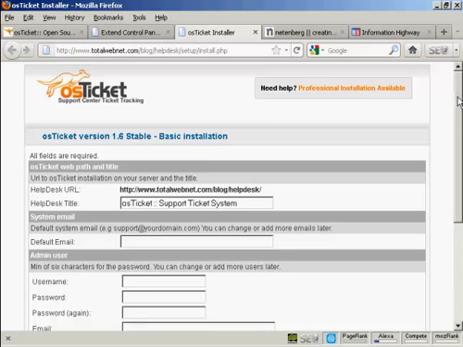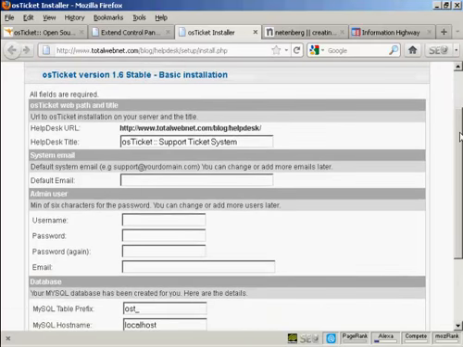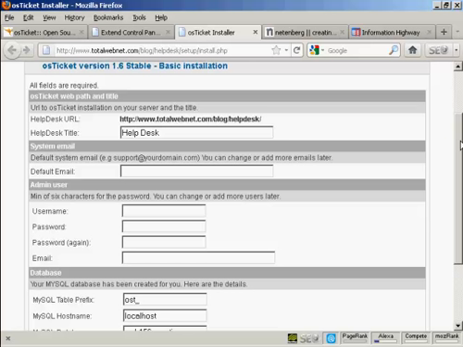It takes you to this installation page, and you can see first of all it's going to give the help desk URL and the help desk title, and I'm going to rename this help desk. Then you want the system email, and generally, if I was setting this up for real, I would probably have an email address that was at the domain. Because this is just a demonstration, I'm going to put my Gmail address in here,